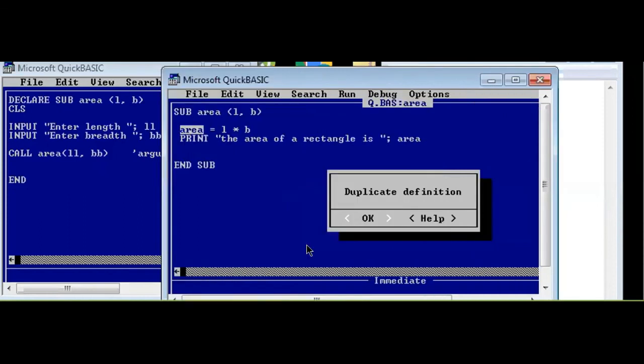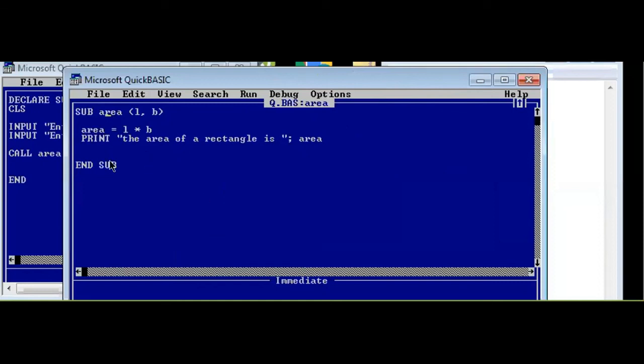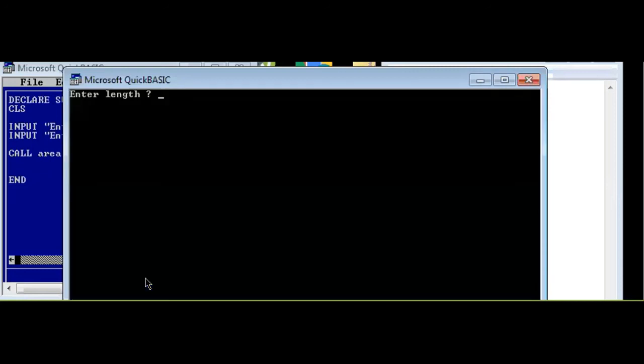Let me expand it. You can see duplicate definition. Duplicate definition means this area has already been used as the name of the sub procedure, hence it is not allowing us to create a variable with the sub procedure name. This is what you have to be careful about. But if you write AR, then it's absolutely correct, because AR is a unique variable. If we run our program, yes, it is running smoothly and it displays answers smoothly as well.